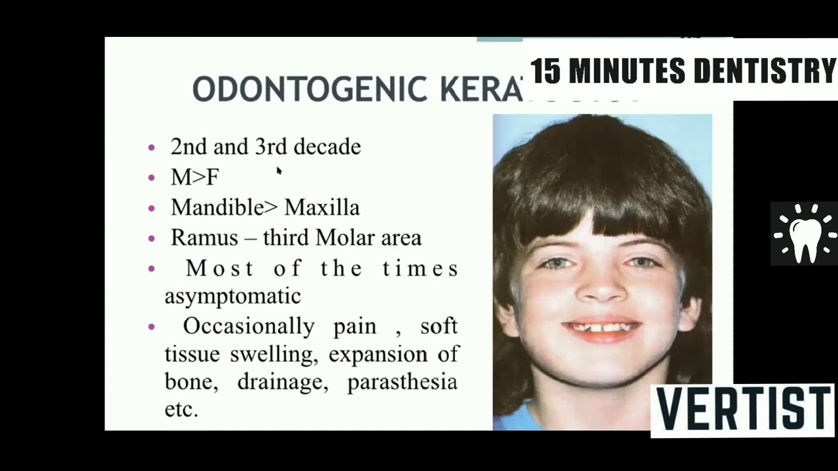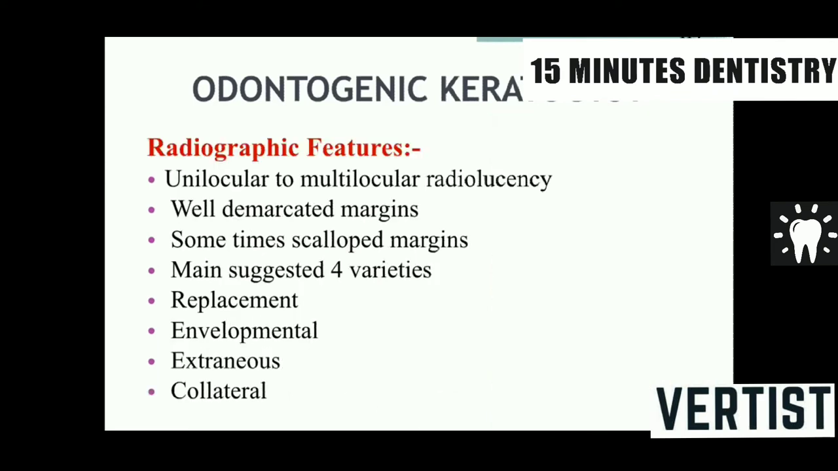Although it is written that it's most common during the second and third decade of life, it has a bimodal age incidence, slightly more common in men, slightly more common in the mandible, common in the molar ramus area. There could be mild pain, soft tissue or hard tissue swelling, expansion of bone, and paresthesia if the cyst becomes very large. Radiographically, there could be unilocular or multilocular radiolucency with smooth or scalloped borders,